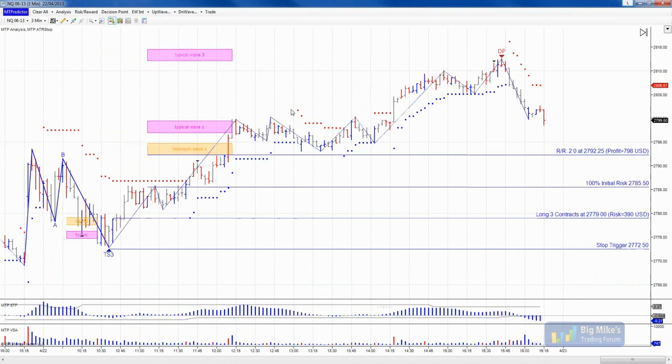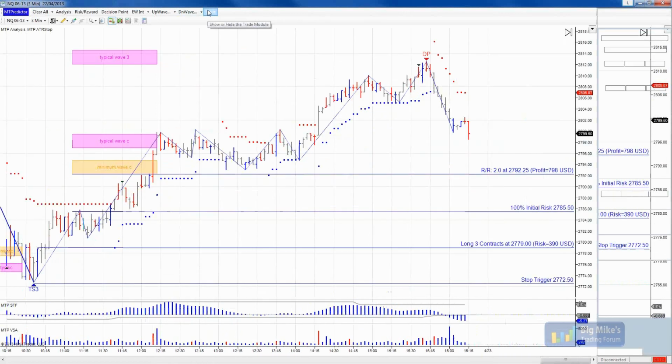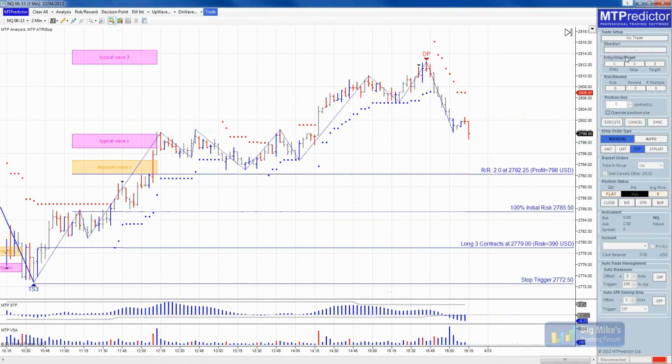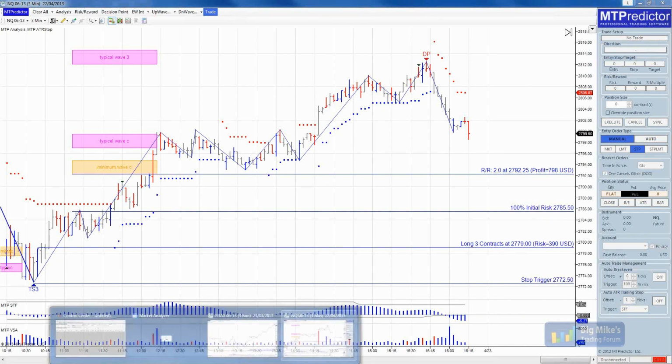The one thing that is additional in the NinjaTrader add-on is we have a trade module here. It's not active now because I haven't got real-time data coming in, but basically when you place analysis on the chart, it will pre-populate all this for you and allow you to place the trades with just one click. In fact, actually, I'll just very quickly